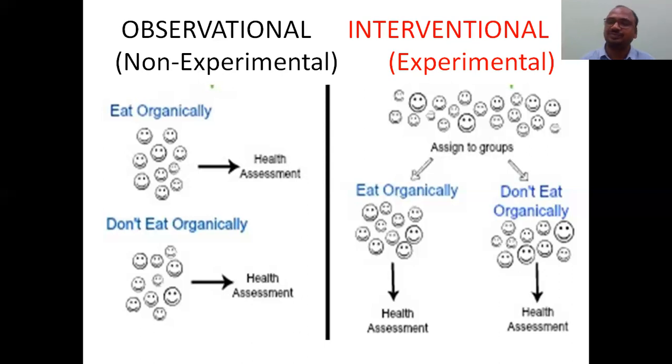Like that, I keep on studying that. That's why this is called an experimental study. Keep in your mind, assigning the group into two groups: assigning and observing. Here, only observing. No assignment, no dividing the group, no intervention. Just you go and ask them whether they eat organic or non-organic food, and you collect the data. How is your health? Like that, you can start doing an inquiry on that. Okay.